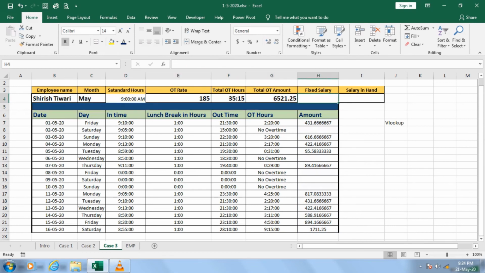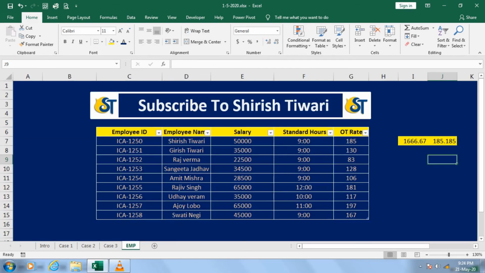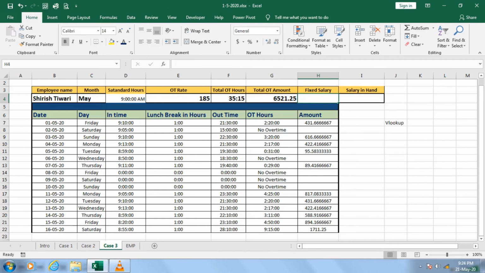The fixed salary, so we have a fixed salary for this employee. Yes, we have a fixed salary for this. Okay, let me find it out. Not during the lockdown, we know that the salary is reduced by 20-30%. So guys, don't expect the salary totally, as we know that. Okay, let me do it.